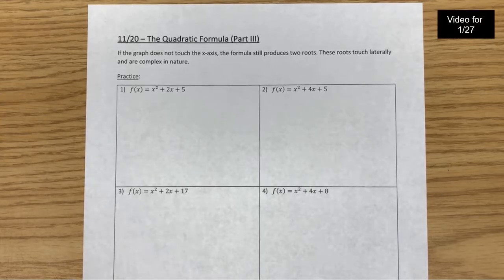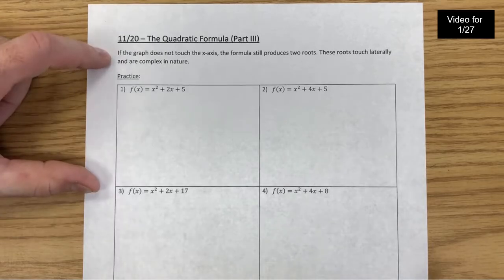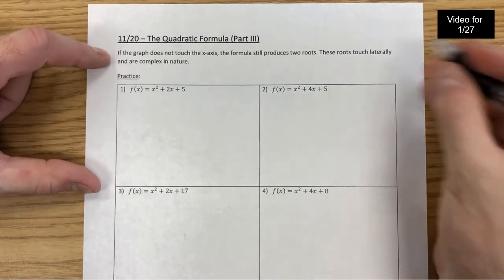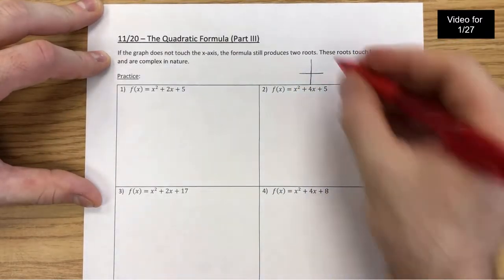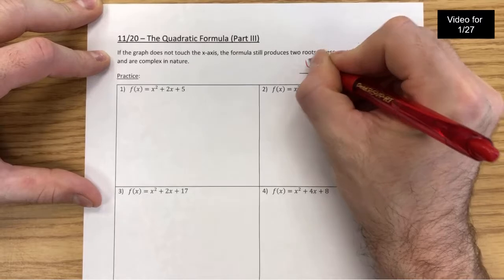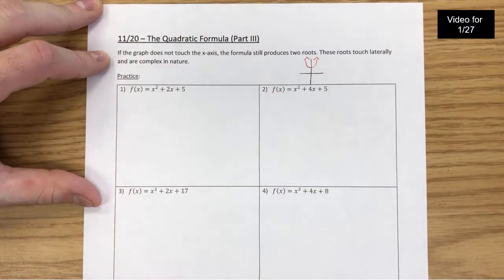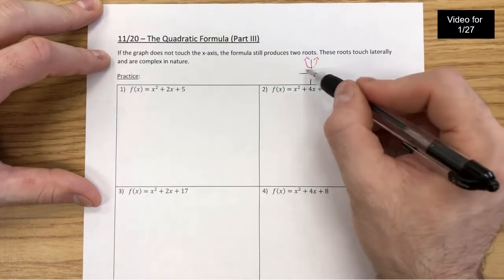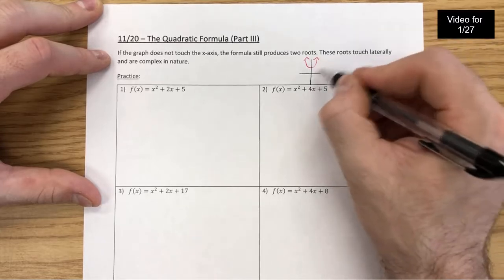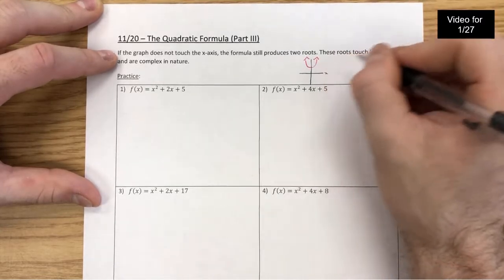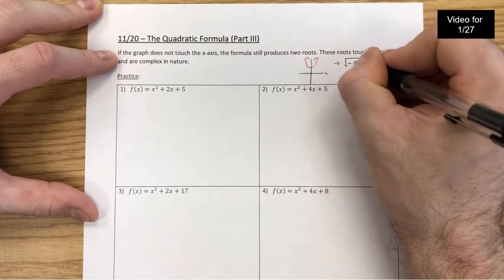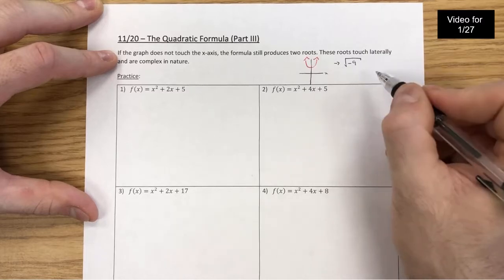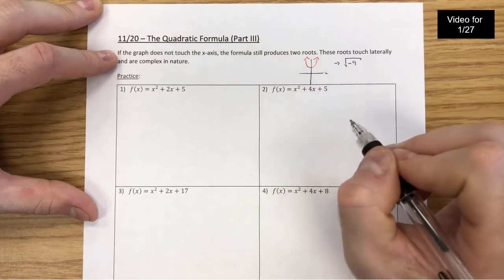So today what we're going to be going over is the third part of the quadratic formula. And now all of these are all going to have lateral roots. What that means is that when we have our quadratic graphed, we're going to be graphing a quadratic that doesn't actually touch the axis. And we notice that these actually don't touch the x-axis somewhere we can see. The problem is that with the math, we're going to get two roots. That's going to be the square root of some negative number, which means I'm going to have two answers